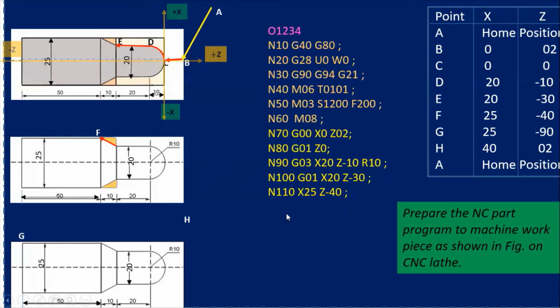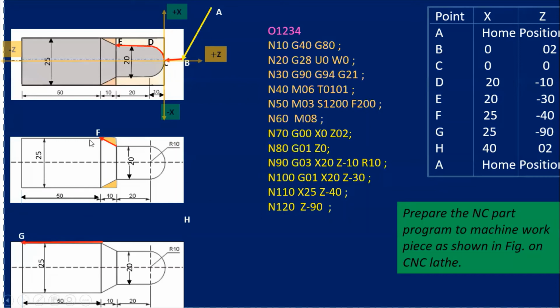After that, from F, you can move to X25. Yes, this is clear. This will be block number N120.